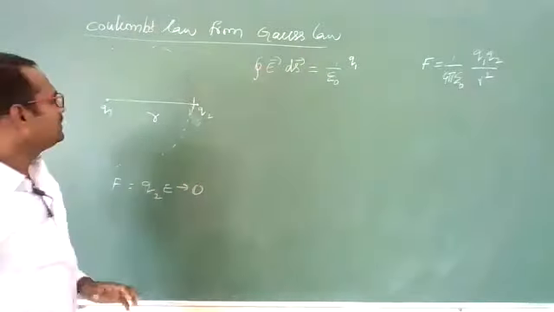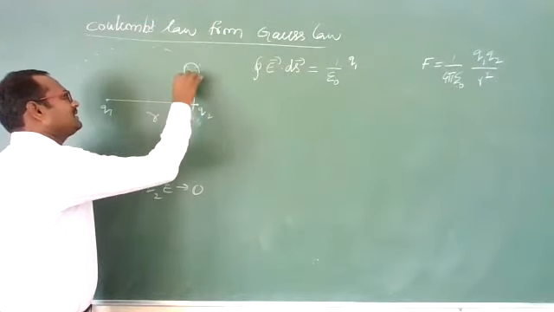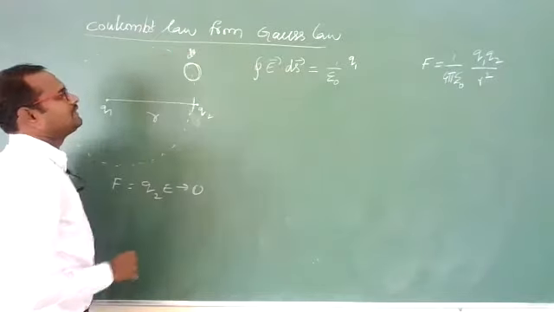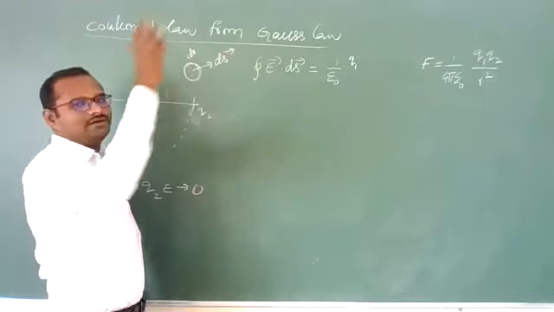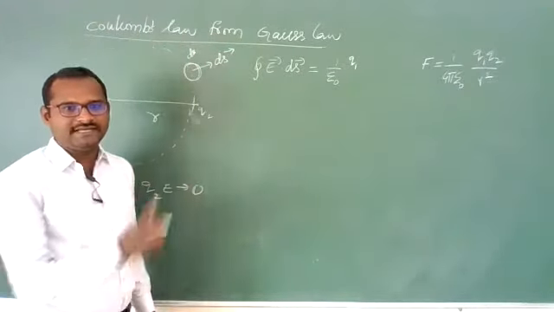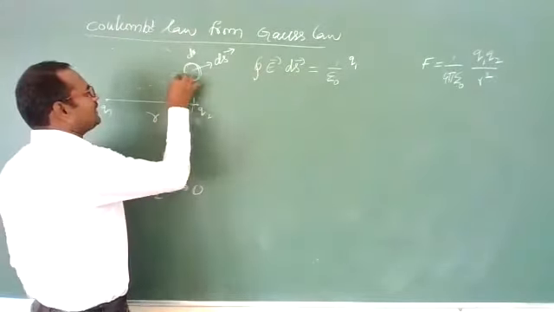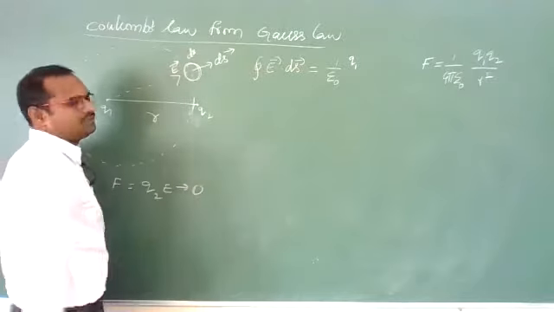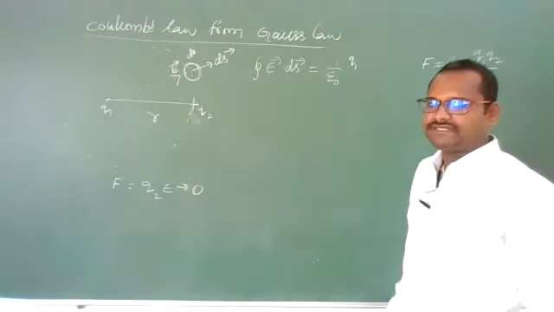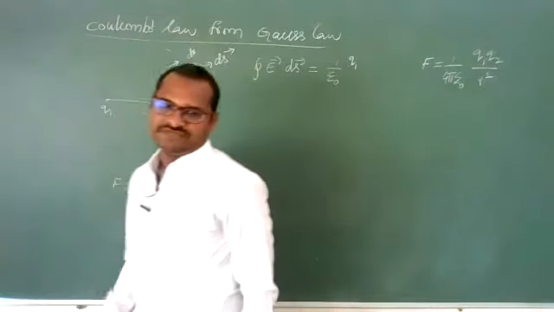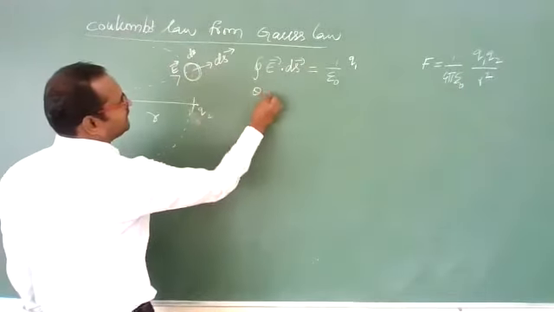At the same time, if you consider a small Gaussian surface, ds, this Gaussian surface area vector will be in this direction, pointing radially outward, like this it will go. And as you know, electric field direction is also in the same direction, so both are in parallel direction. Okay, second point also satisfied. If you take a spherical Gaussian surface, what will be the theta angle between these two? Theta angle is 0 degrees.